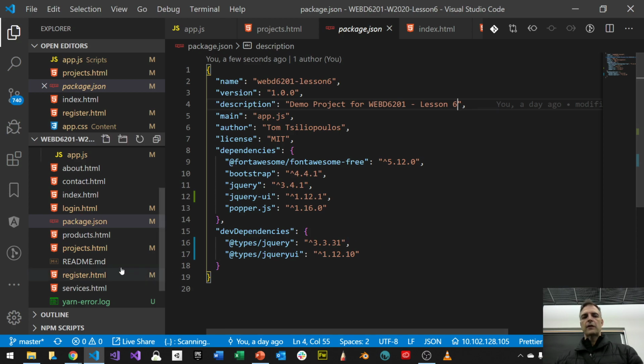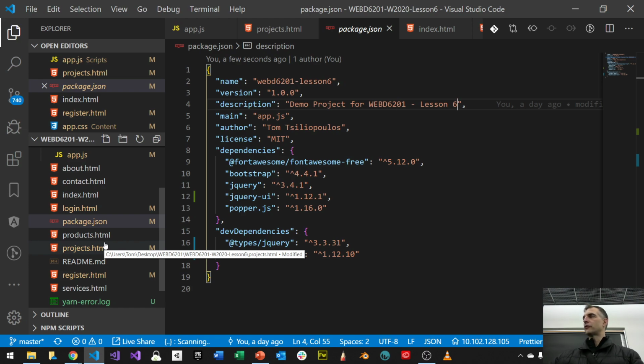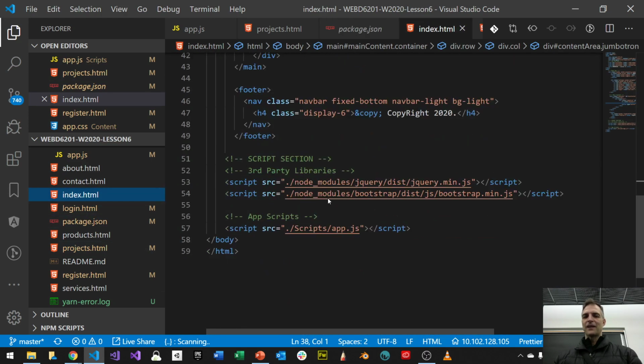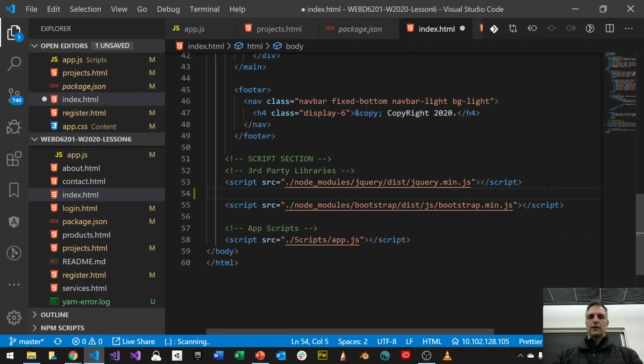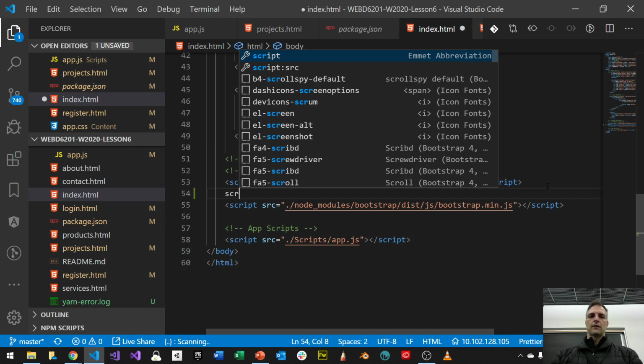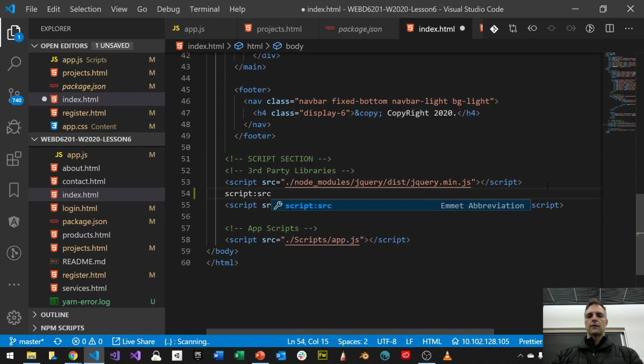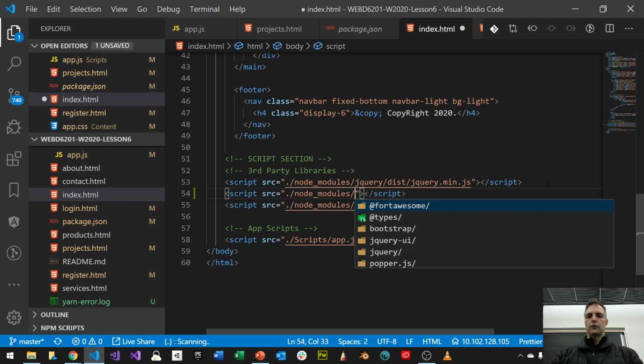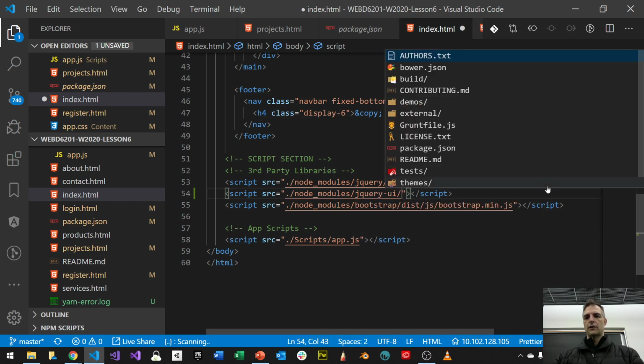So now that we have this, we have to actually include it in our pages. This is where it's also bad. Think about all the other stuff we've done so far. If I want to include jQuery UI in any of my pages, I have to go back to my index.html, and on the bottom where it says jquery.min.js, I need to include jQuery UI as another thing. So again, script src, and I want to say node_modules/jquery-ui/ and again, it would probably be,